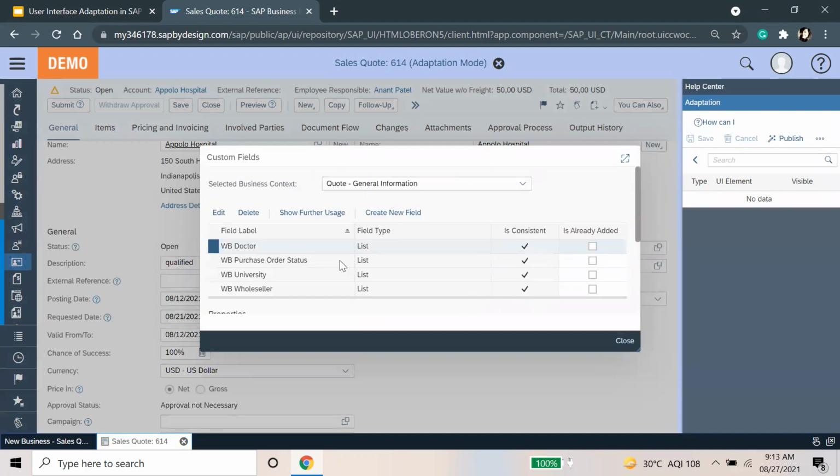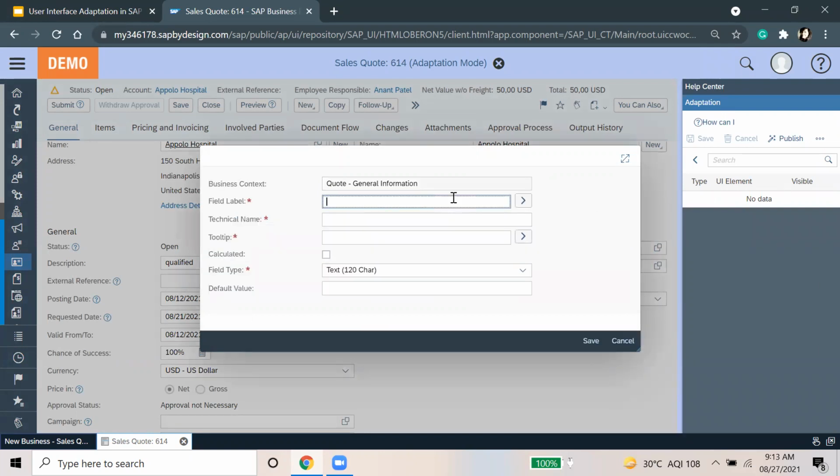So here I'll create a new field. For example, I'm doing the sales code which is coming from lead opportunity. I'll take the lead type, whether it's an indirect or a direct type.